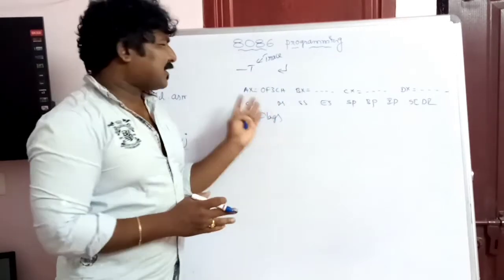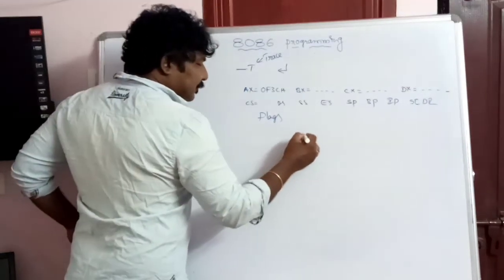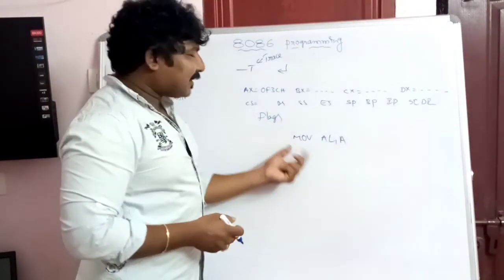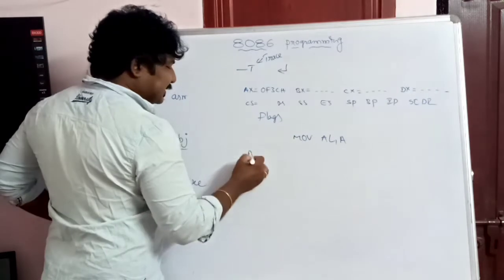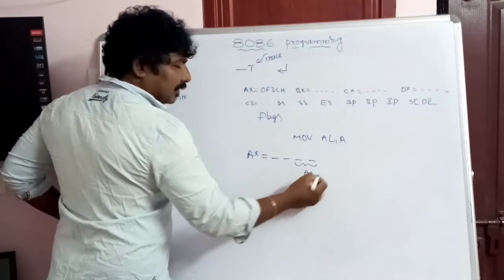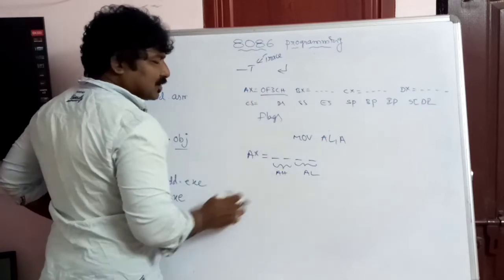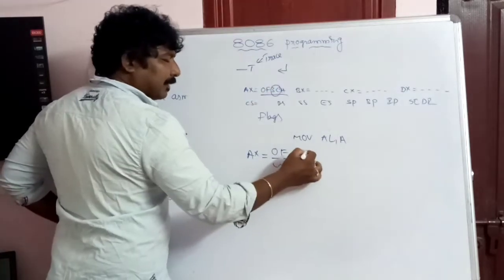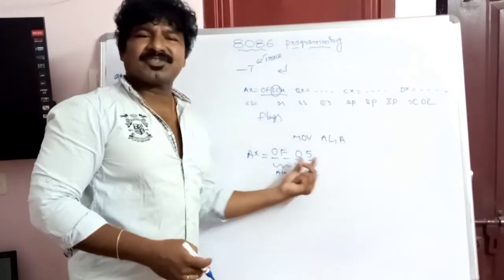So what is the use of displaying all these things? When you execute a statement like MOV AL, A, which is from the program, what does it mean? You're moving the value of A into AL. If I am talking about the register AX, there are 4 digits here. These 2 belong to AL, the lower byte, and these 2 belong to AH. For example, if the previous value is 0F3C, the value of A, that is 05, will be moved into AL. So you can see the contents of the register AX.